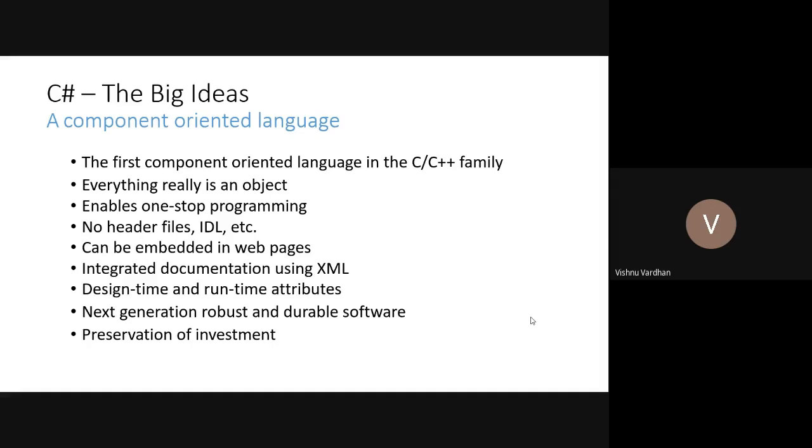So what are the components? Basically, the components are like plugins. We can say in today's terms, the plugins or some small snippets which you can connect to do some functionality. Those were generally called components in the Y2K era. The components were heavily written in C and C++ languages.